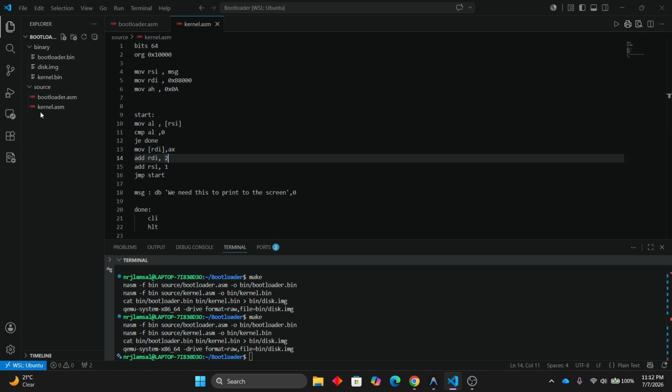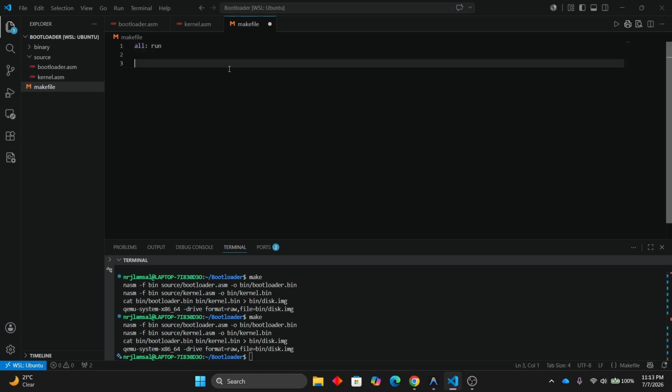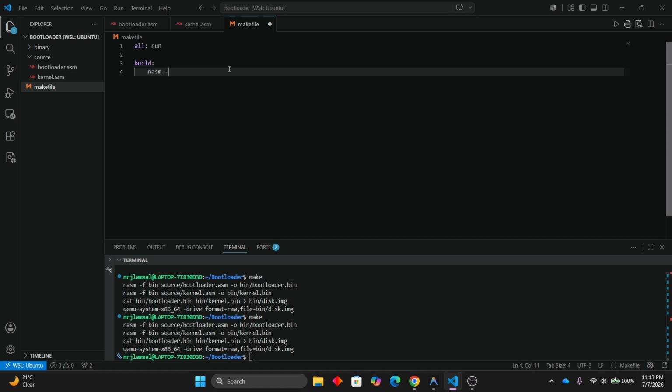And after that, we are now going to write a Makefile, so that we can compile and simulate the booting process. So for that, I'm going to make a Makefile over here. For the Makefile, first of all, let me create a target, and the action target and dependencies will be run. And here we will use build and a tab of space, and after that we will use nasm